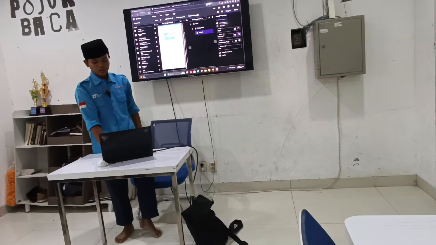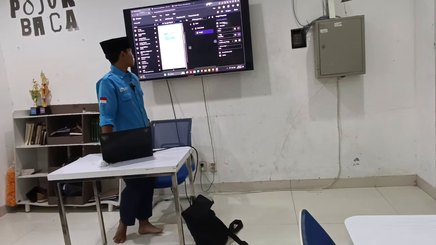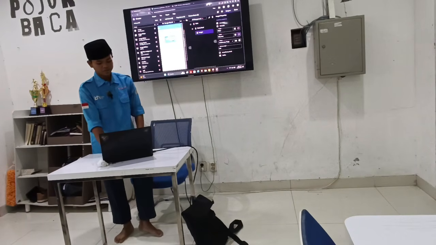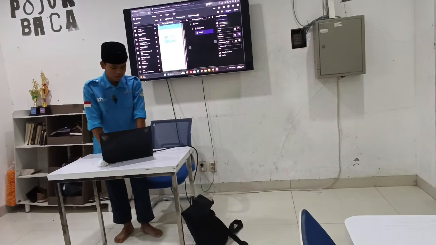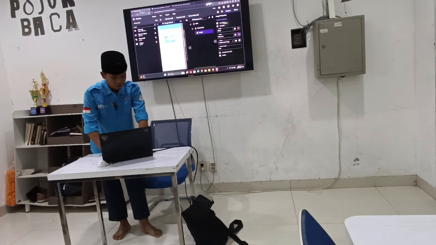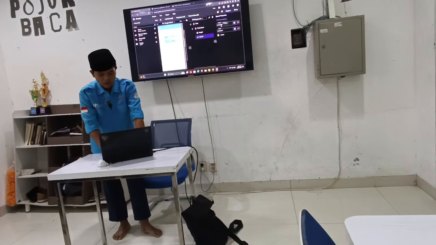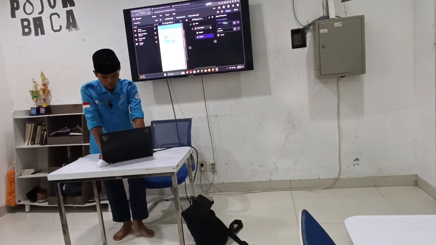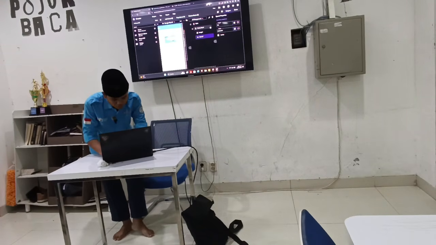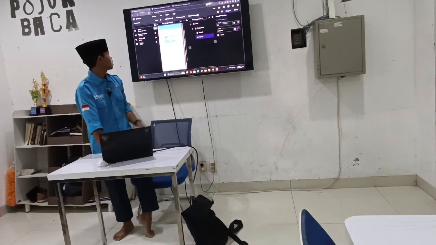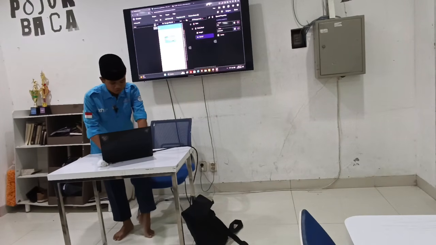For the width, I set it to fill parent, which means it will fill all of the space that is possible in the element. And the height I use 100 pixel. Next, you can add space. Space is to add a space between elements. For the height, I will just make it one pixel or two pixel. And then next, to add a text, you can search label in the left bar.